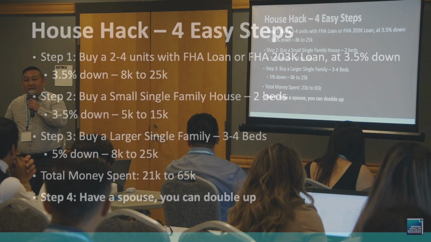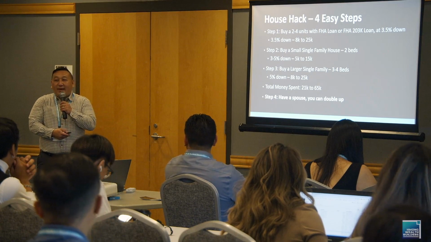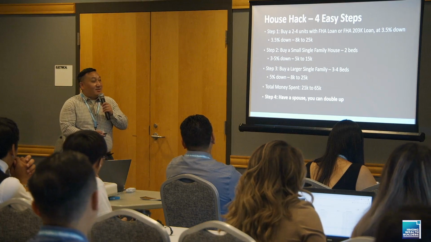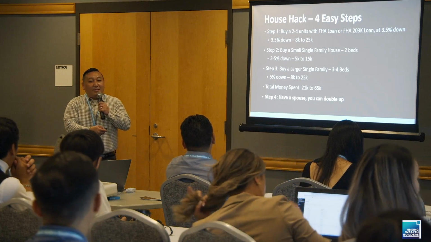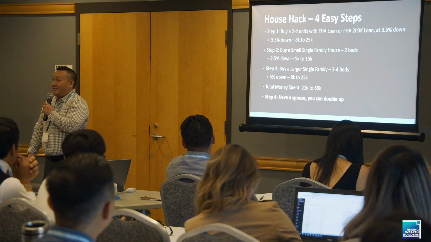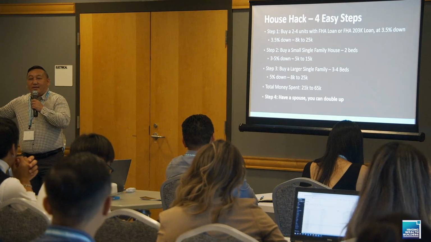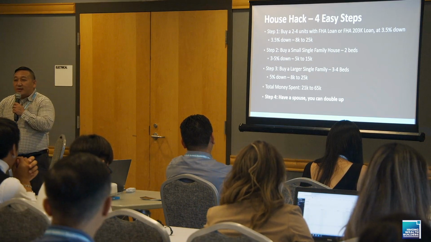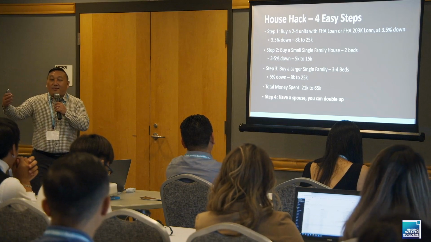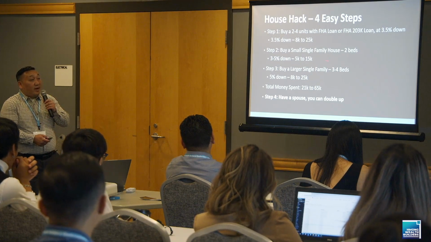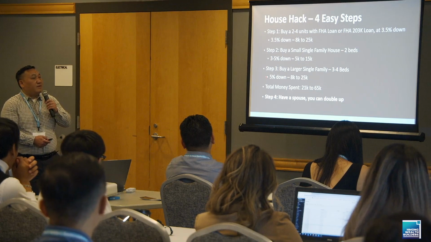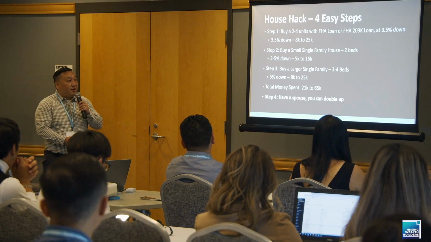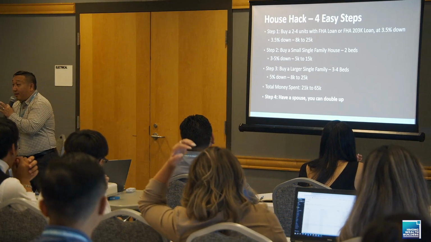Our family is growing. If you don't have kids, go make a kid, right? Let's say it takes like 9 months. So during this time, make a baby. Right? So now you have a reason to move out. We have a kid, our family is growing. I still need my office. I still got to Zoom into work, right? So you need more space so you can move out. And you could do 3 to 5% down as well. Another conventional loan because you have to own or occupy that property. All right?